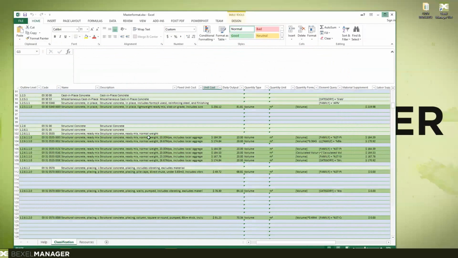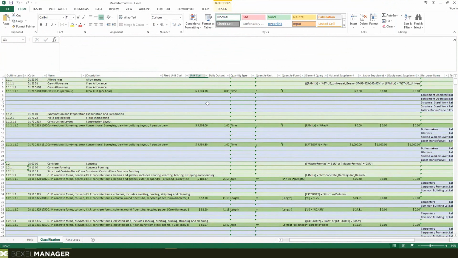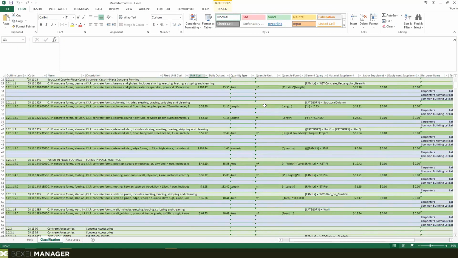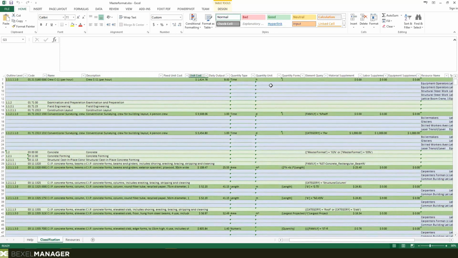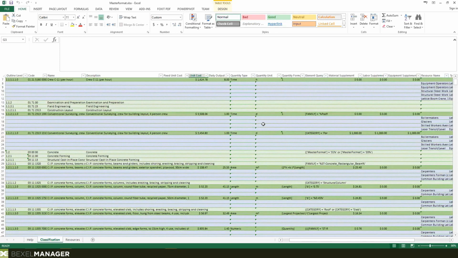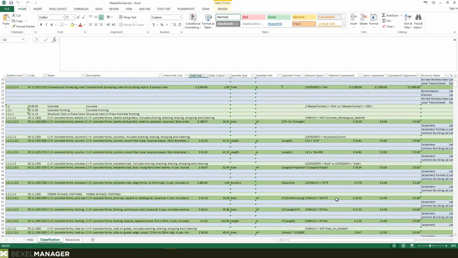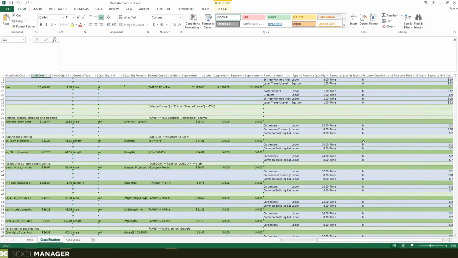When I open this cost classification, you see almost standardized cost items and their codes, names, descriptions of these cost items, cost units, daily outputs for each of them, formulas, which mean how the unit cost is multiplied or calculated with the quantification of the items, element query, which I'm going to talk about a little bit later, material, supplement, equipment, resource name, quantity, and resource types,